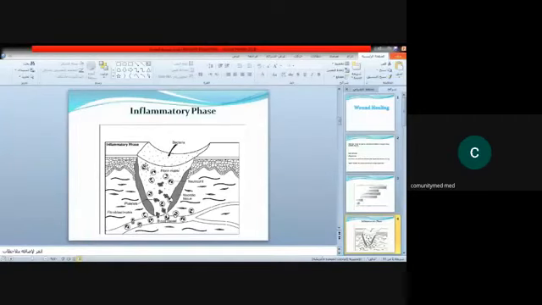Okay? So they are very important cells for these roles. They are the managers. They are going to control the whole process of migration of cells and building of the new skin. Other important cells are the lymphocytes. Also, they are important for infection purposes. And the mast cells are going to enter also. The inflammatory phase starts from the time of injury and ends at 4 days after injury.